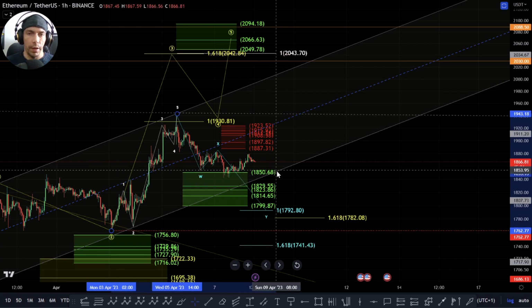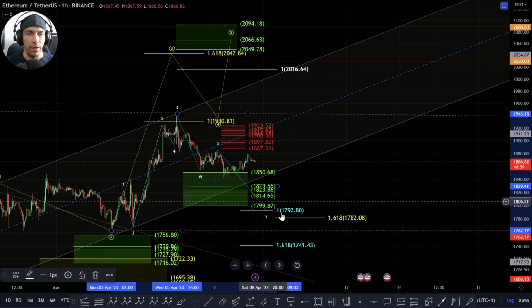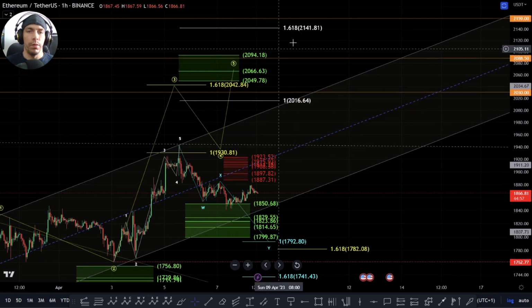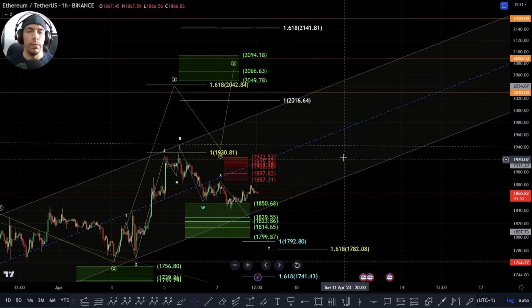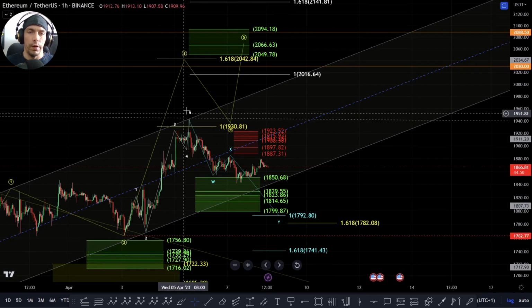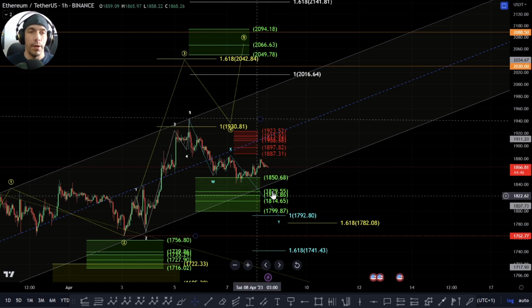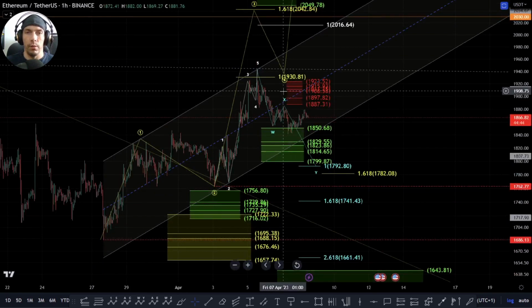And if we had to come back down and retest this channel, I'm going to go with the 0.618, which is here at this 1829. What we'd be looking for would be a move up above this 2141, and that would then give us the potential of another 1-2, and we get that bigger third wave up here. But we don't have that confirmation yet, and all we have at the moment is a three-wave move to